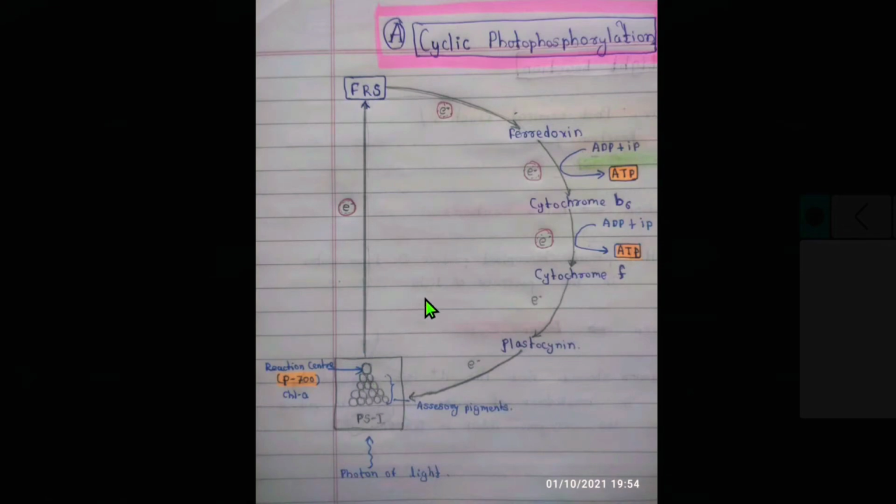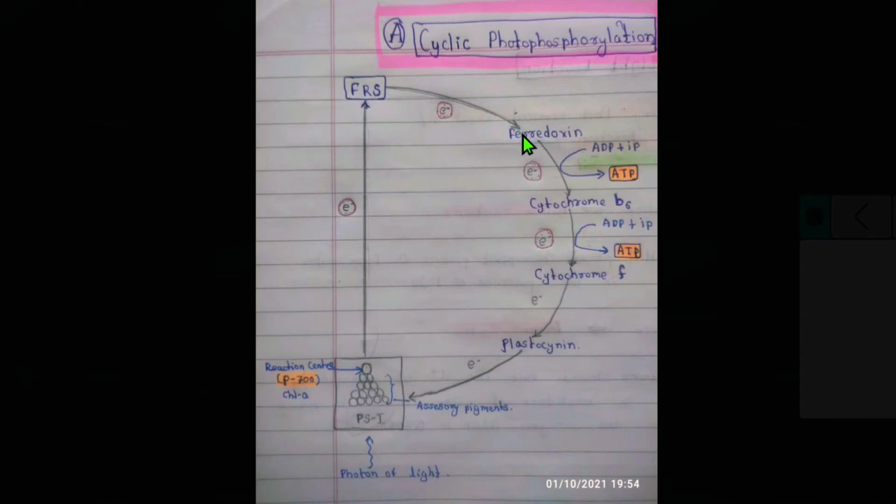Hence it is known as cyclic photophosphorylation. This is photosystem 1. This is the reaction center, with the accessory pigments, P700 chlorophyll a, and photons of light. Here photoexcitation takes place and electrons go into the first electron acceptor, FRS, ferredoxin reducing substrate, and